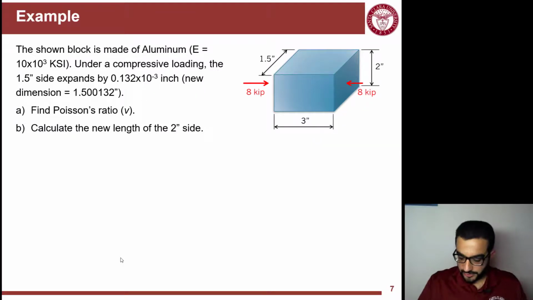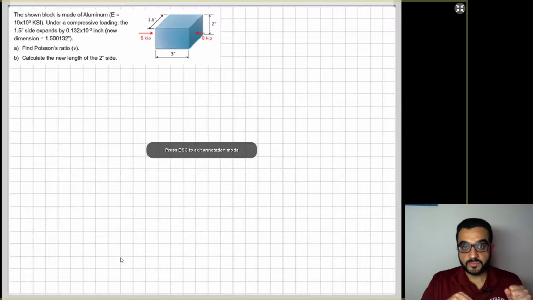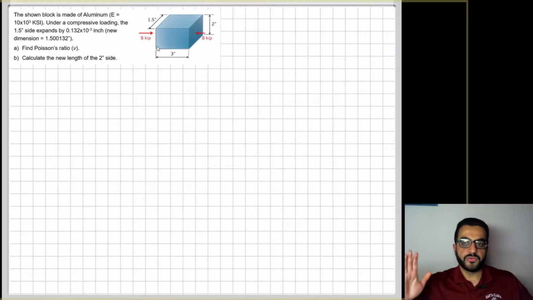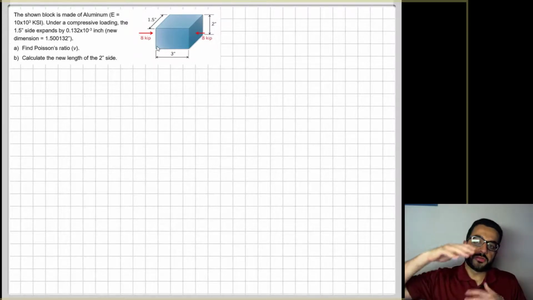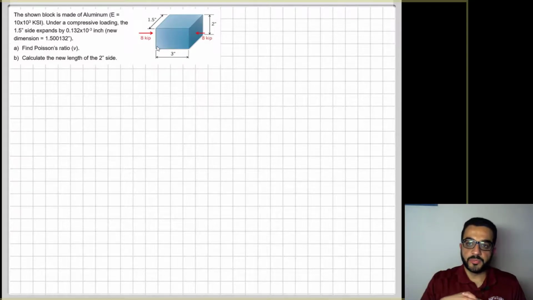So let's see an exercise here just to implement what we learned so far. We have this block, made of aluminum, under compression in one direction only, of 8 kilo pounds. So it's a force unit, kilo pounds. Under this compressive loading, this 1.5 inch side expands, which makes sense. If you're compressing the block this way, the lateral, which is the 1.5 inch,